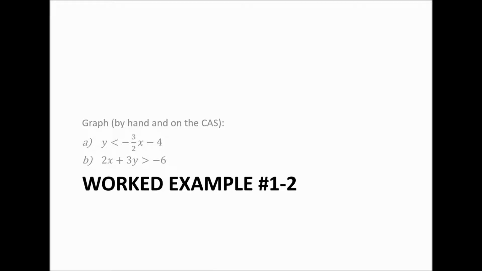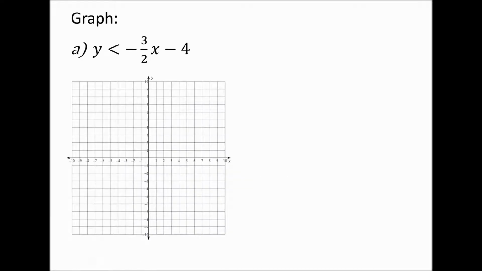By hand and on the CAS, graph the inequalities y is less than negative 3 over 2x minus 4, and 2x plus 3y is greater than negative 6. So let's look at the first one first. Well, the first thing we want to do is change this into just a regular line and graph that. So I'm going to graph the line